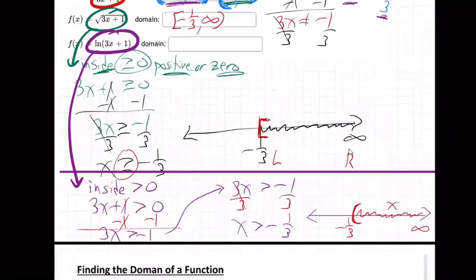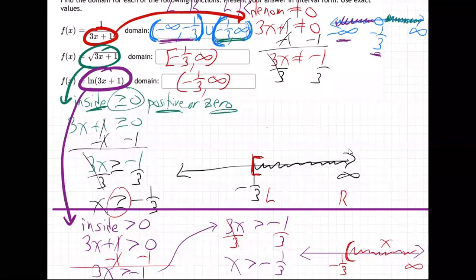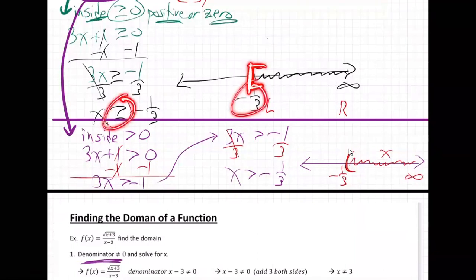So there's a parenthesis at -1/3, not a bracket, all the way to infinity. It looks a lot like the last answer, you see. The only difference is we have parenthesis there instead of a bracket. Why? Because you can't equal -1/3. See, it says greater, only greater. So remember, parenthesis means you're around the number. It's rounded. You're around -1/3. You're close to -1/3, but you're not right on it. Whereas this one's a bracket. It's got a straight edge. You're right on it because you're equal to -1/3, greater than or equal to -1/3